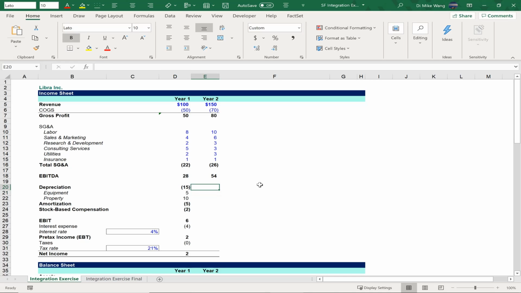there's a little complexity in how equipment depreciation is calculated. So what we're going to do is we take the straight line depreciation amount from our initial equipment value, which is $5, and add on the depreciation from the new $10 addition. However, since we purchased new equipment mid-year, we will only depreciate it for half a year. So you can see that we're going to take the depreciation value of the first year, and then we're going to add the new addition, which is $10,